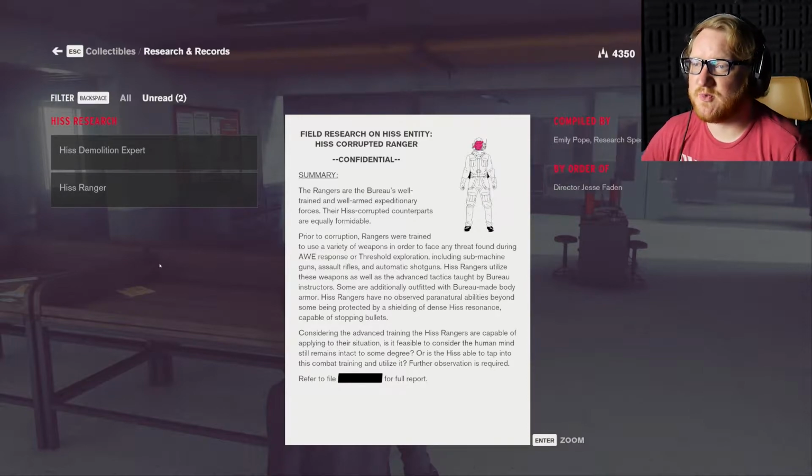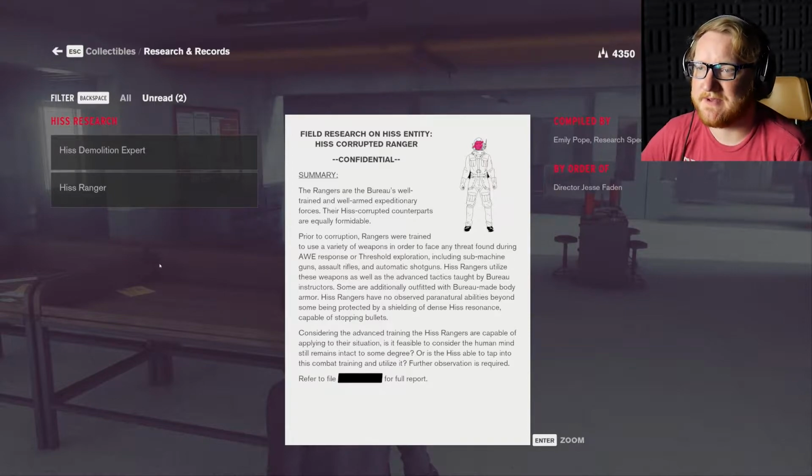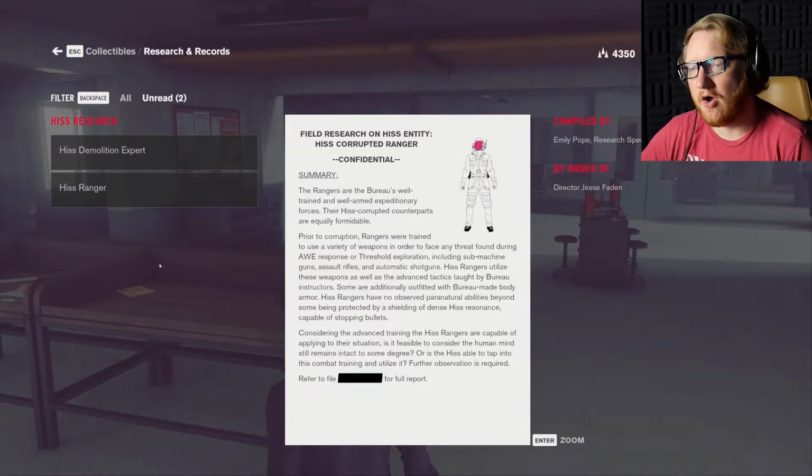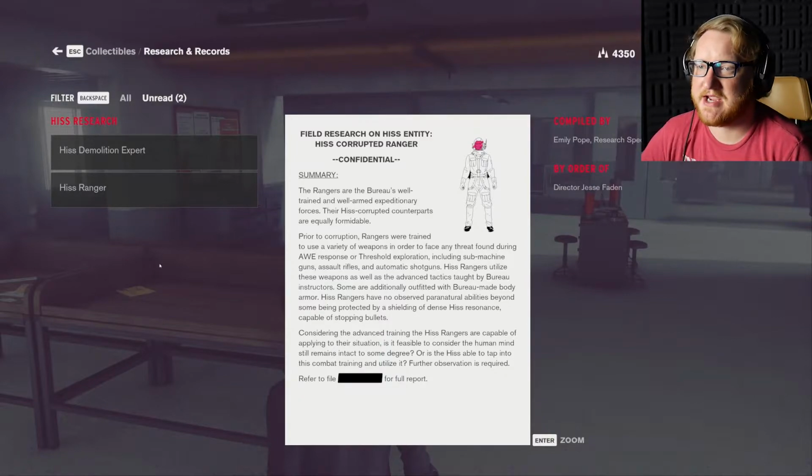The Rangers are the Bureau's well-trained and well-armed expeditionary forces. Their HISS corrupted counterparts are equally formidable. Prior to corruption, Rangers were trained to use a variety of weapons in order to face any threat found during awe, response, or threshold exploration, including submachine guns, assault rifles, and automatic shotguns. HISS Rangers utilize these weapons as well as the advanced tactics taught by the Bureau instructors. Some are additionally outfitted with Bureau-made body armor. HISS Rangers have no observed paranatural abilities beyond some being protected by a shielding of dense HISS resonance capable of